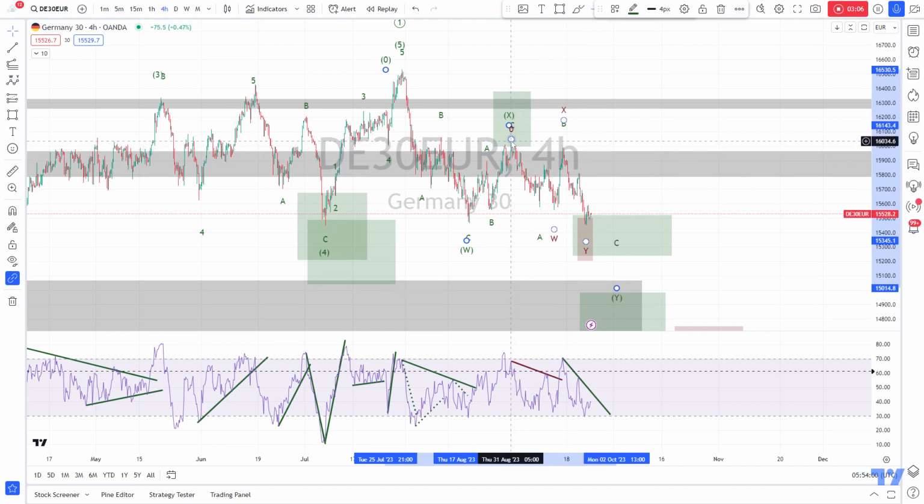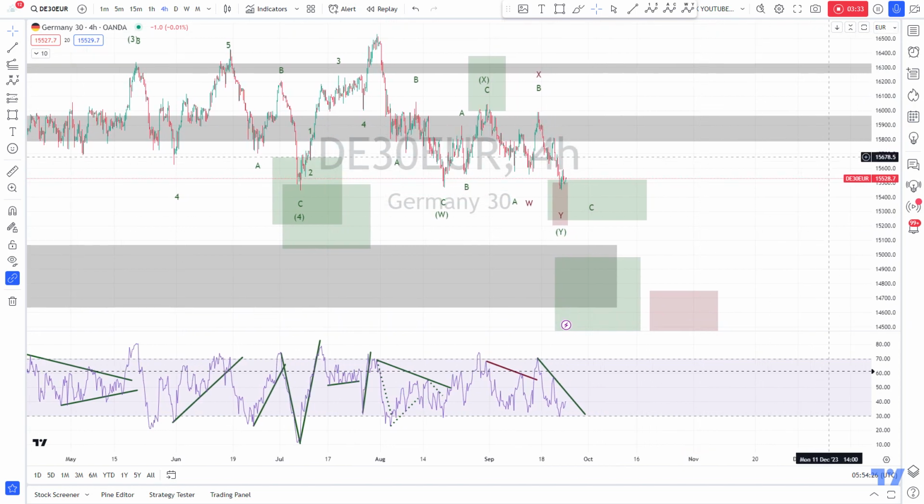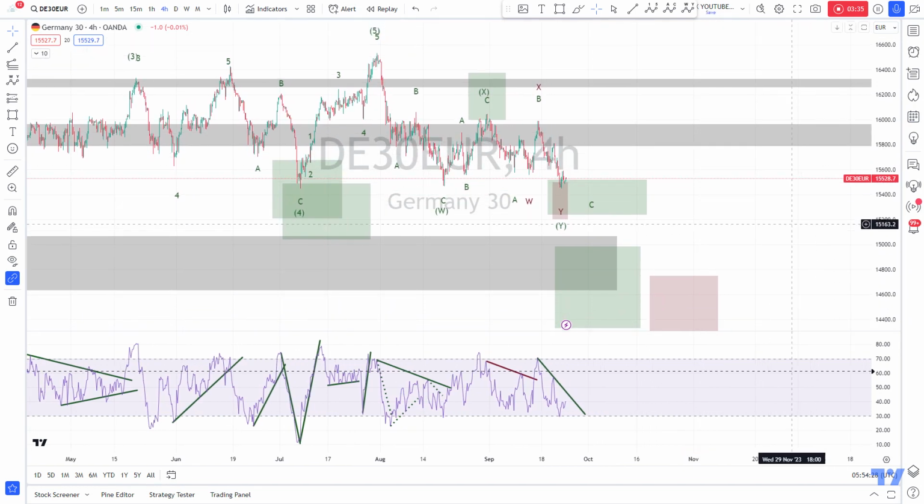Then it would look like the wave W 1, 2, 3, corrective wave X in 3, 1, 2, 3, and then our wave Y 1, 2, 3, and we are finished here. So that would mean that this wave Y can be finished, but that would surprise me in the sense